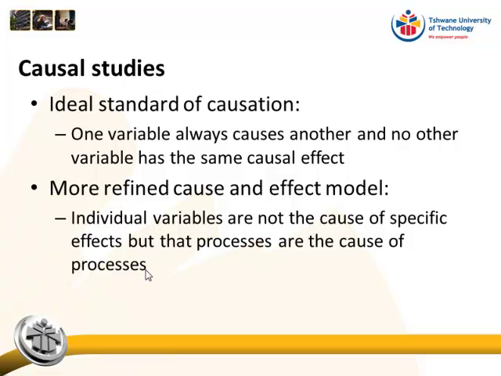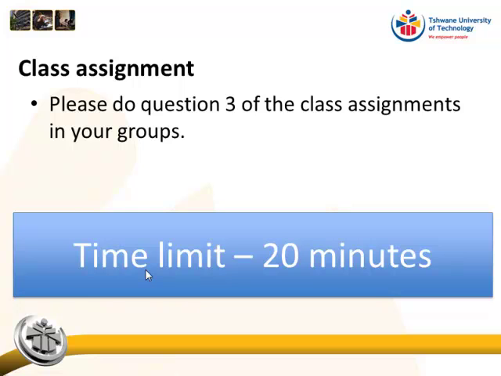So if in science, which is supposed to be more pure and easier to understand and easier to explain causations, we already have to say but and if and it depends, how much more in business research? How much more complex does the problem become? Because we're dealing with people. Does that make sense? Okay, so now you can do the last